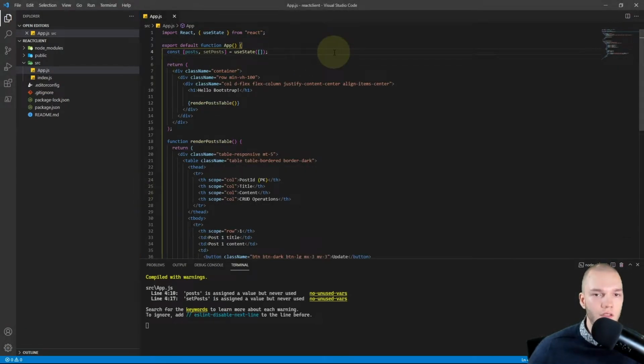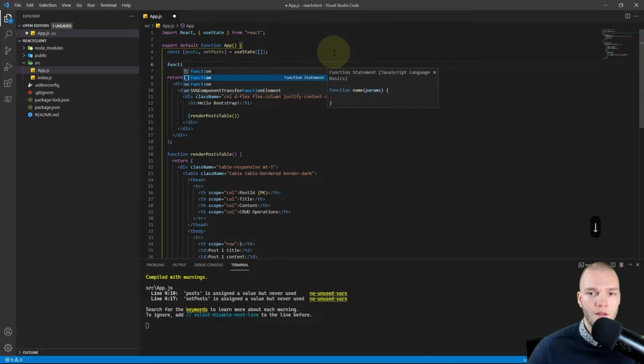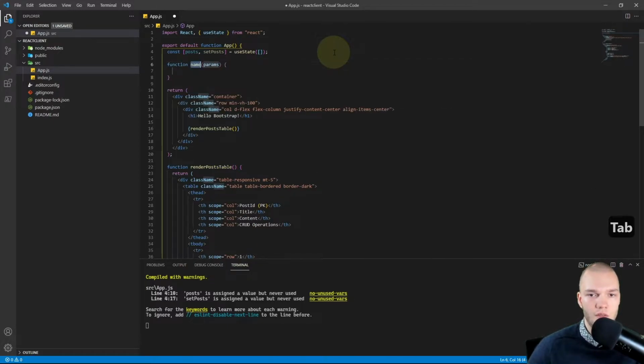Below the useState, I want to implement the getPosts function. So I'll do function, and I'll just use this snippet here. I'm going to call it getPosts. The params, we don't have any params or parameters, so that can stay empty.